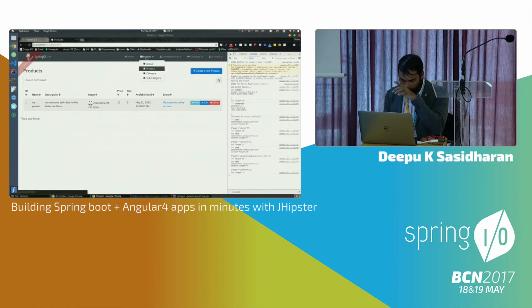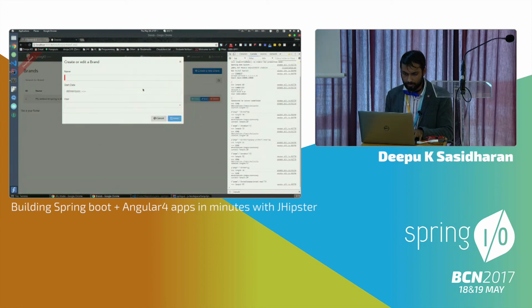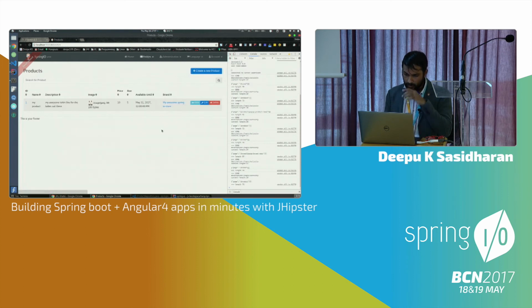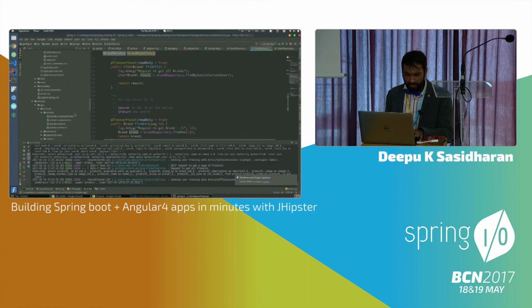So let me quickly show you what I talked about the validation. You can see that it is in red, and once you start typing, it changes to green. And if you don't have anything, then it says that field is required. So the validation part is also generated for you, which is pretty convenient. So now let's go back to our product. So we have a product listing, but it's not an ideal product listing. So let's say if we want to change a product listing, so we would find our